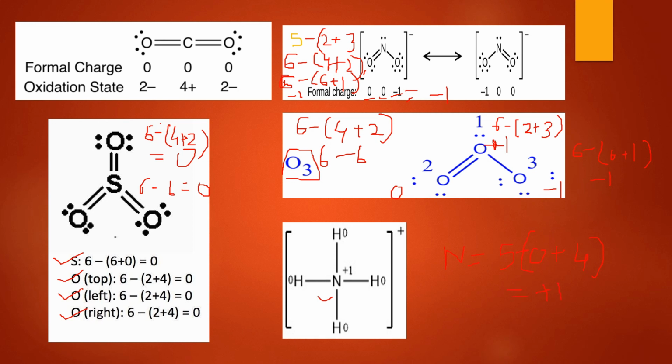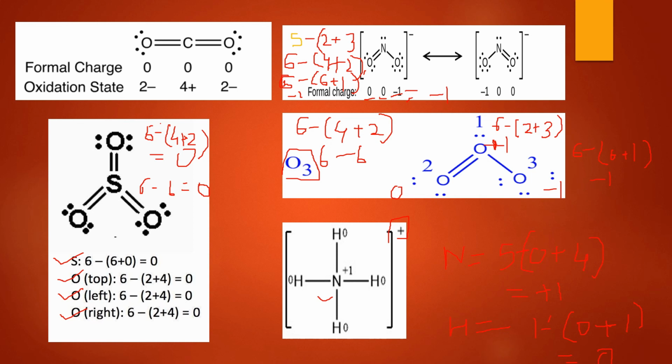Now for hydrogen, if you calculate for each hydrogen, hydrogen is having 1 electron in the outermost shell minus no unshared pair of electrons, so it is 0. Then plus number of bonds are 1, 1 minus 1 is equal to 0. So on hydrogen there is 0 charge. All the hydrogen are similar, so on all hydrogen there is 0 charge. Now 0 plus 1 is equal to 1, so there is overall plus 1 charge on the complete molecule. So in this manner we can calculate the formal charge on different atoms of the molecule.